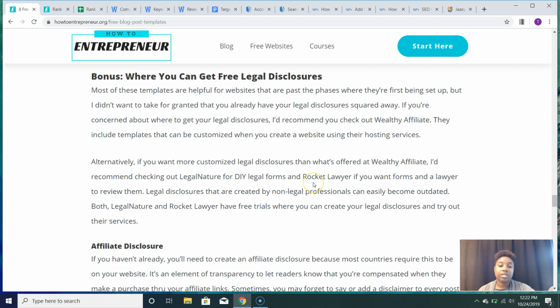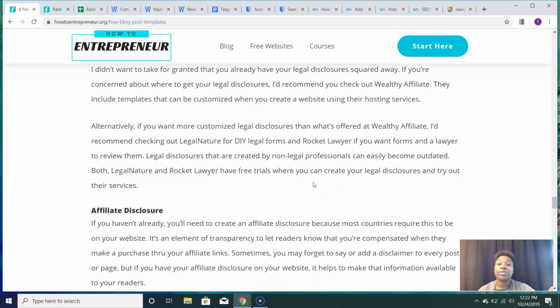So all of these things are really important, and I use 3 different places for legal affairs. I use Wealthy Affiliate. Some of the templates that they have are really good, and you can check those out. Also, Legal Nature. I've used them before for custom legal forms. And I've also used Rocket Lawyer for custom legal forms and also for legal advice, because they have lawyers that